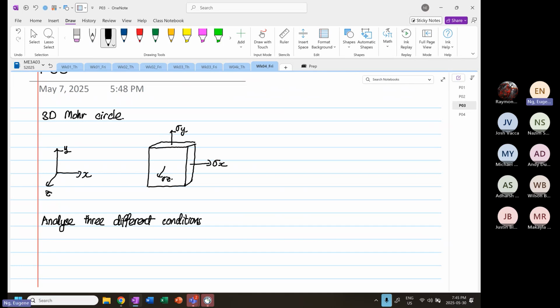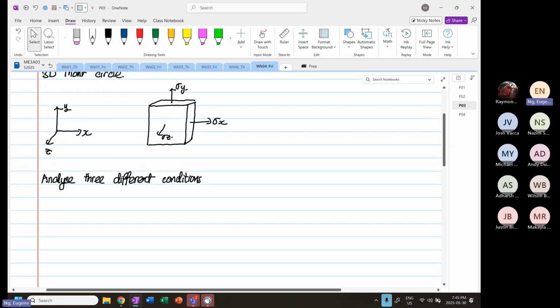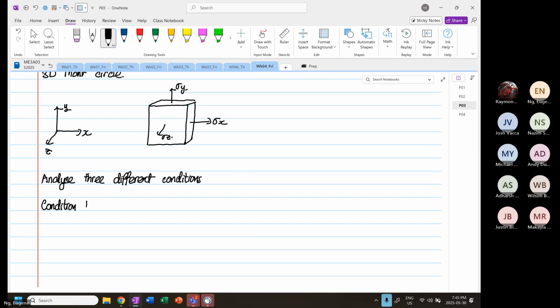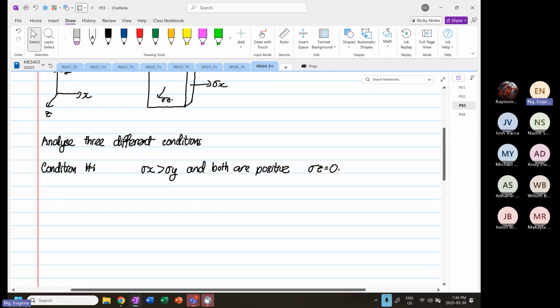I'm going to write out the condition now. Condition number 1 is where stress X is greater than stress Y, and both are positive. And then we have stress Z equal to 0. So this is the first condition. And then in the second condition,